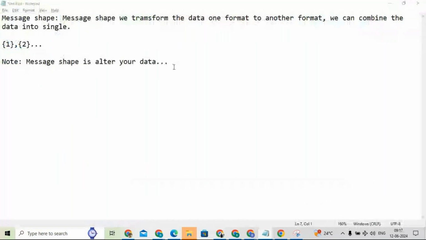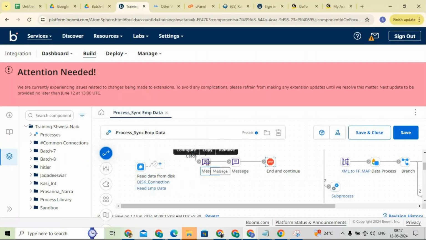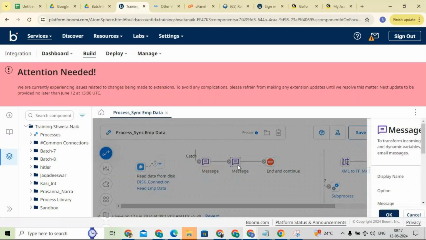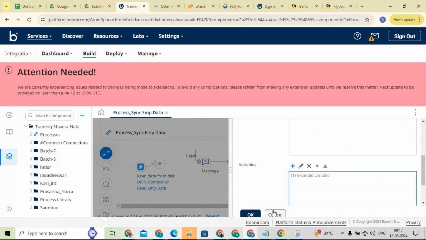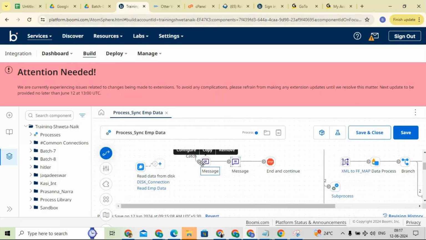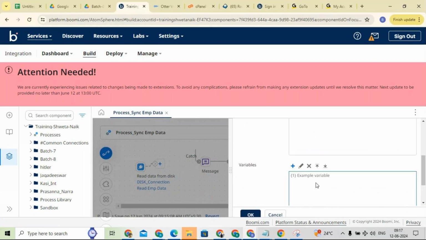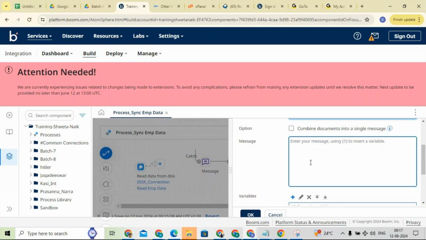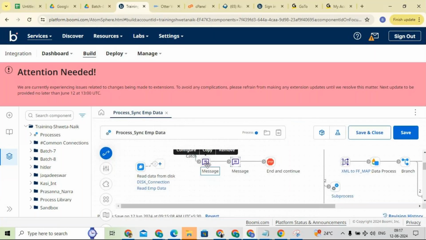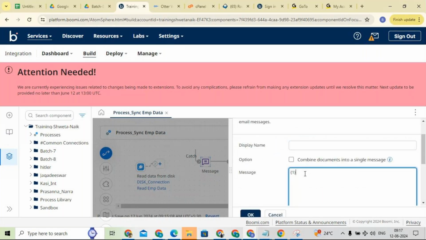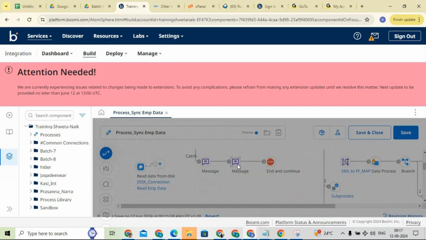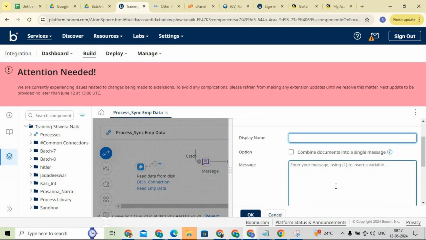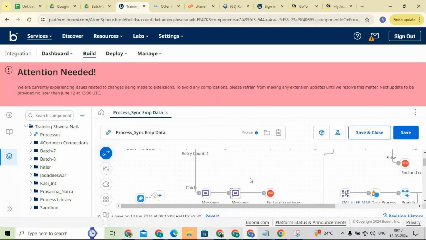Okay. So alter means it is going to change your data. For example, here I'm not passing anything. Even if you are not passing anything, it is going to take that empty document. It will not take whatever data is coming from its previous shape. Whatever data is put in the message shape, it is going to take. That is what it means by altering your data. Okay,